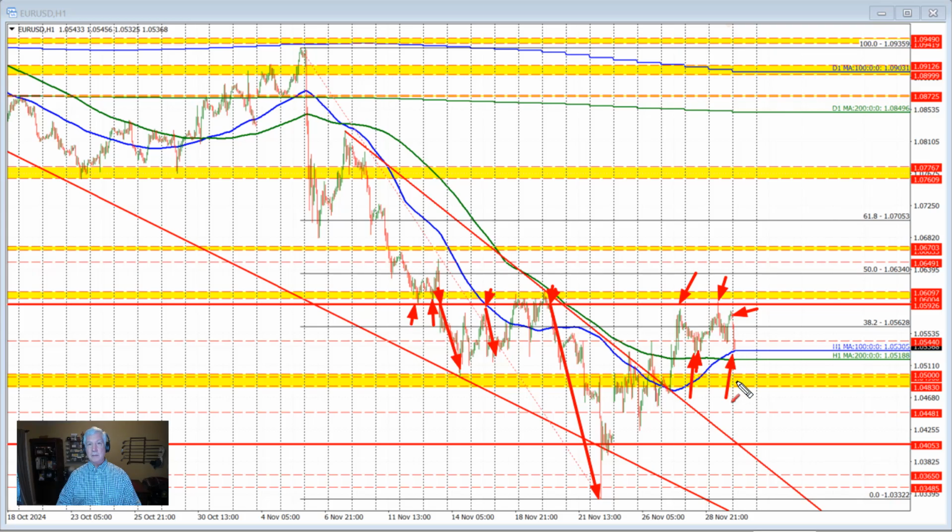The move to the downside, however, has run into some key support. That support is defined by the 100-hour moving average. That's the blue line in the chart, and it comes in at 1.05305. You can see the price came down toward that level and pretty much found support in the current hourly bar and the prior hourly bar as well to start the trading week. Below that level is the 200-hour moving average. That's the green line in the chart, and it comes in at 1.05188.